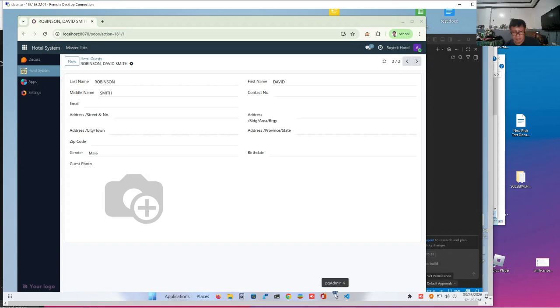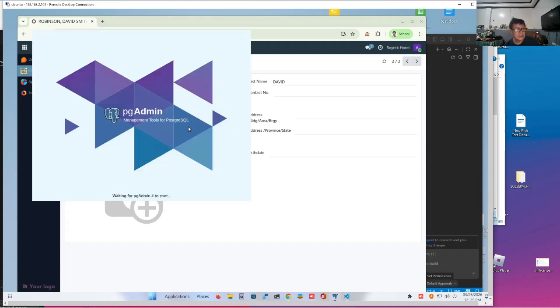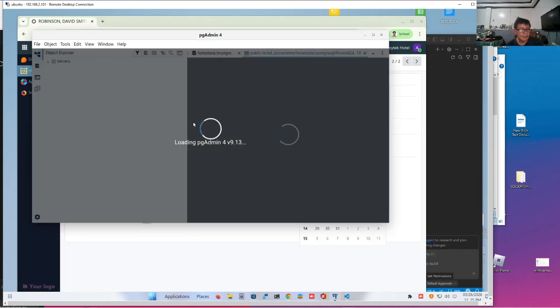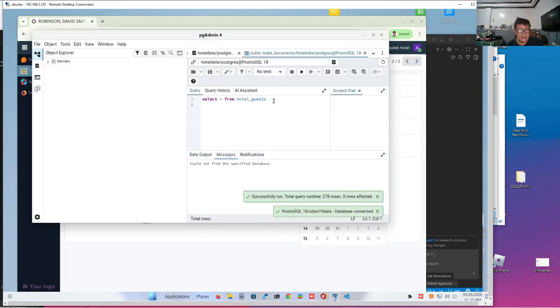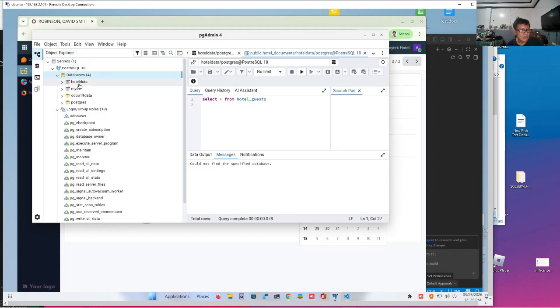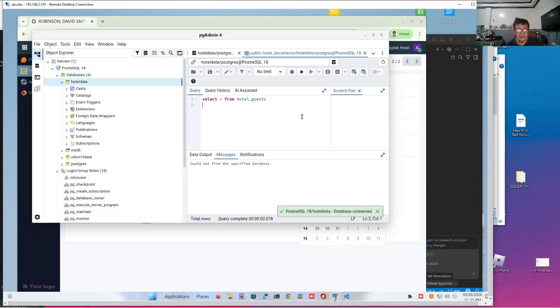If you go to pgAdmin, let's select hotel guests. What will happen? Check what happens. Select star from hotel guests. We don't have a specified database. We'll use hotel data. Now we have hotel data, indicated here.